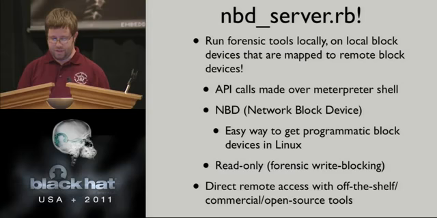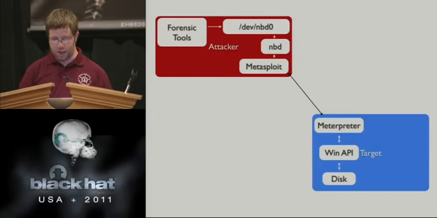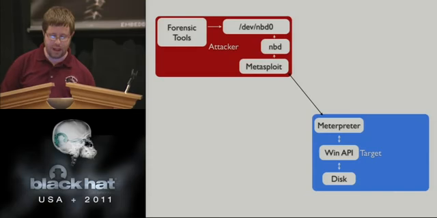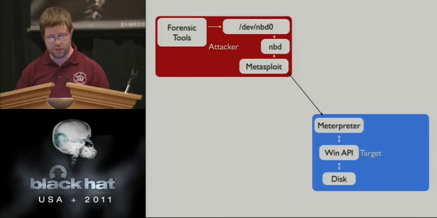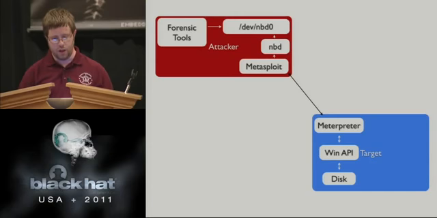So with this, we have this direct access. The way it looks diagrammed out is that on the target side, you have the disk with its volumes and things. You have the Windows API that manages access to it. You have the interpreter shell that you've spawned from your exploit. And on the attacker side, you have Metasploit talking to that interpreter shell. You've got that connection there, and that connection is where you're issuing your interpreter commands.